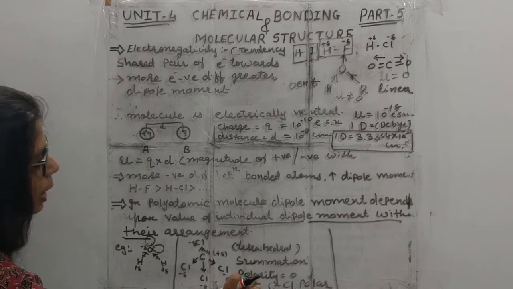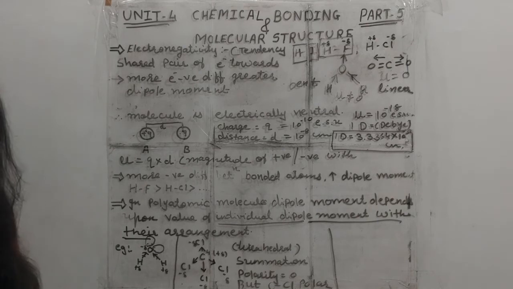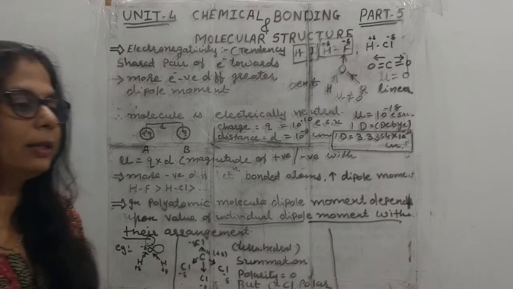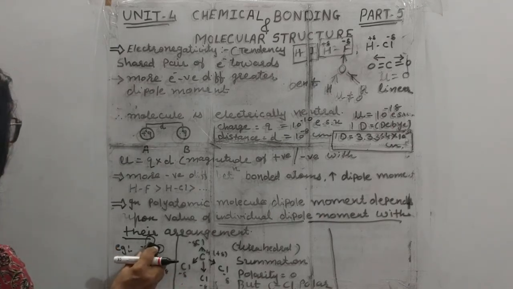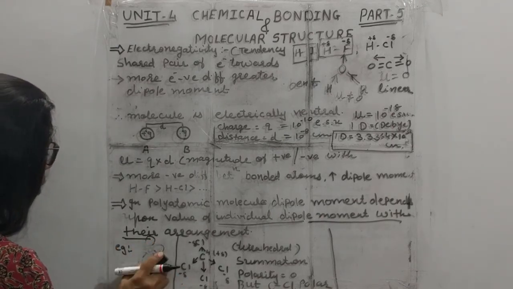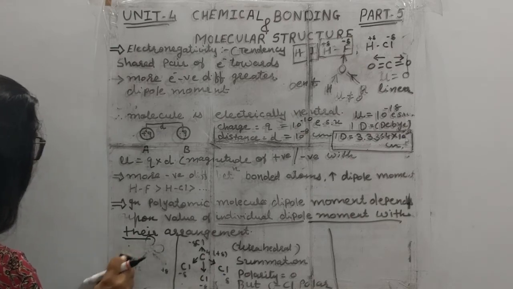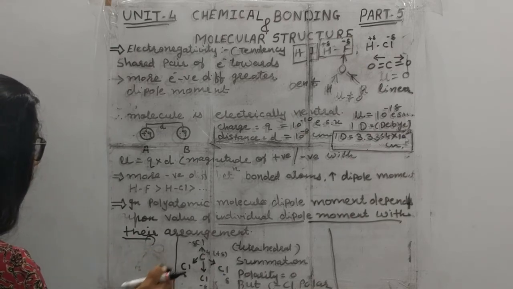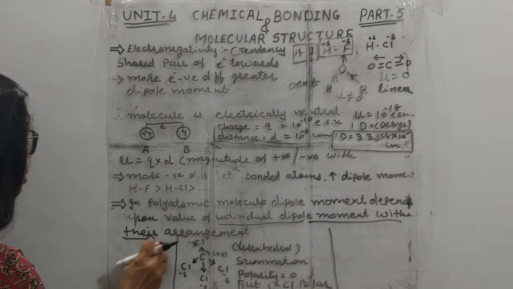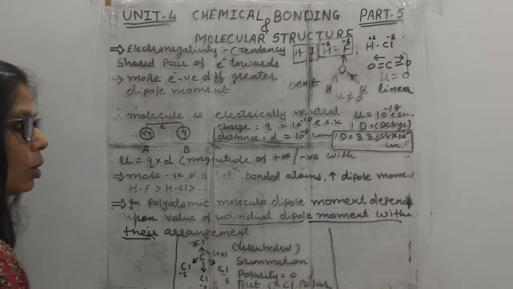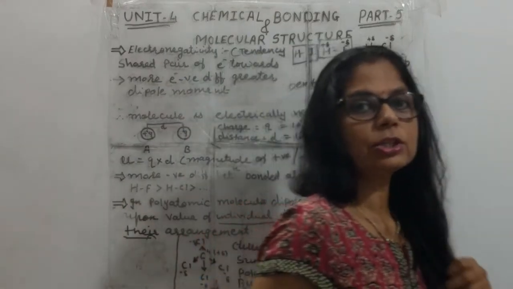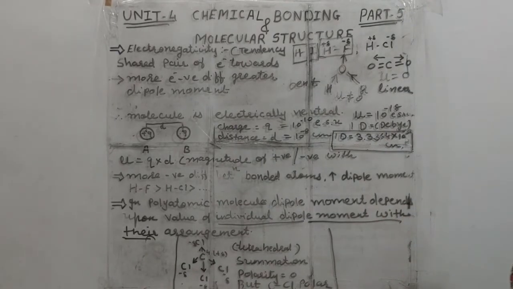So the polarity is 0, but the bond C-Cl is polar, students. So this is one example. Like that, before this I explained to you, along with H2O, BF3 and NH3 also, and at that time I told you, students, this is very important because mostly in each school this question is asked.